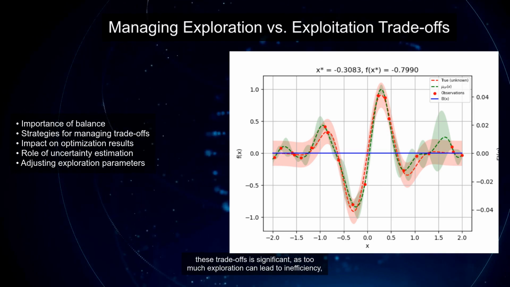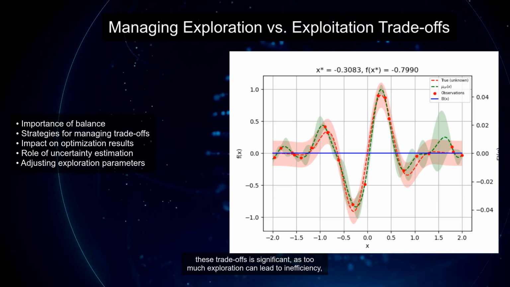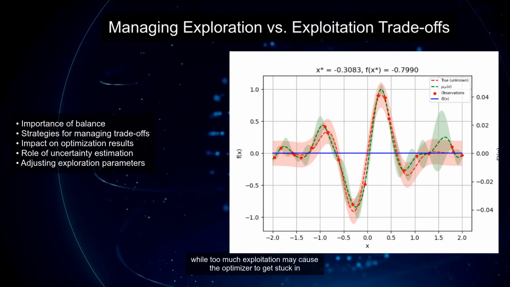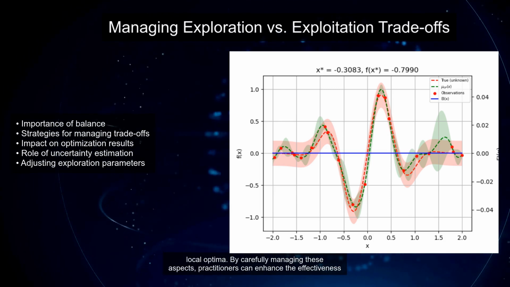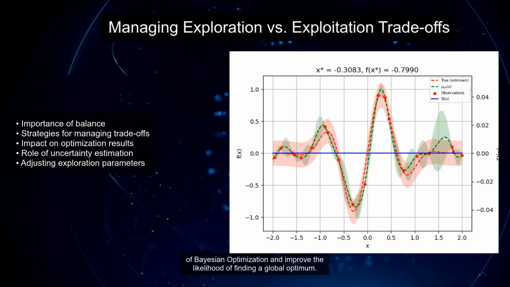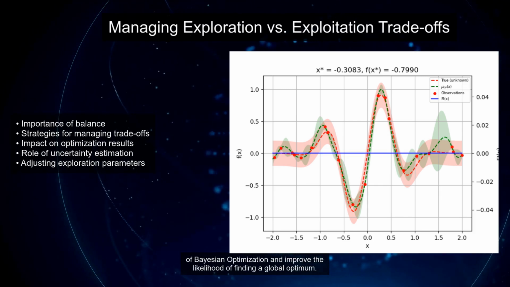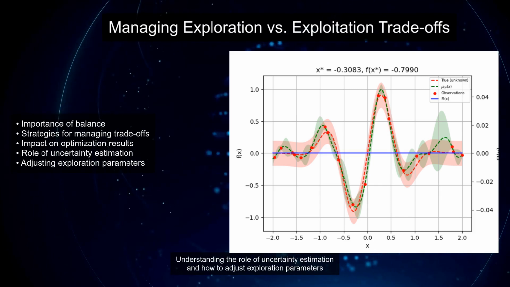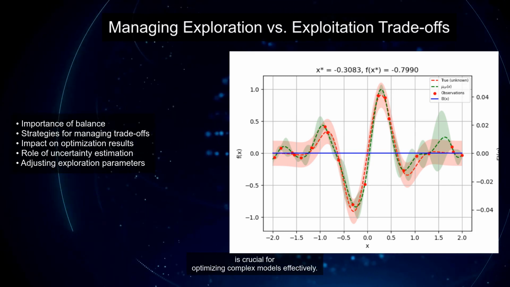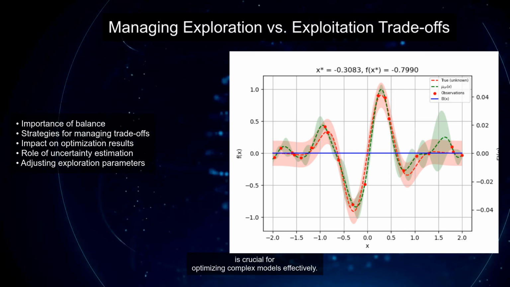the uncertainty component. The impact of these trade-offs is significant, as too much exploration can lead to inefficiency, while too much exploitation may cause the optimizer to get stuck in local optima. By carefully managing these aspects, practitioners can enhance the effectiveness of Bayesian optimization and improve the likelihood of finding a global optimum. Understanding the role of uncertainty estimation and how to adjust exploration parameters is crucial for optimizing complex models